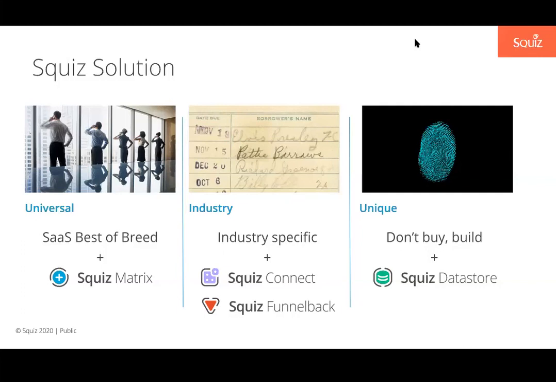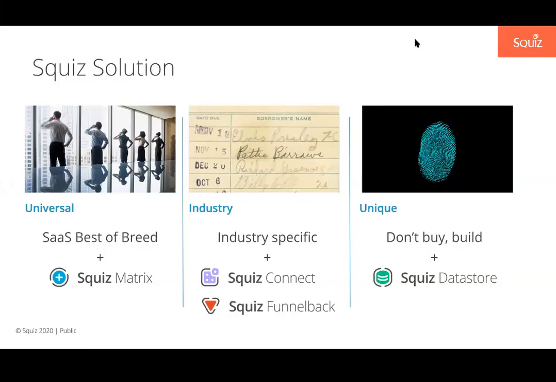From the industry-specific piece of the problem, that's where the integration is the most important. So the integration, meaning we can take multiple different platforms. It's not usually just one, it's often as many as 4 different platforms that are specific to your industry, and then bring those together into a single digital experience that people are able to work with. Importantly, we also have Funnelback, and that's then searching across all of these different platforms as well. So you have a federated search solution that can find information no matter where it's stored. So we can merge those different data silos.